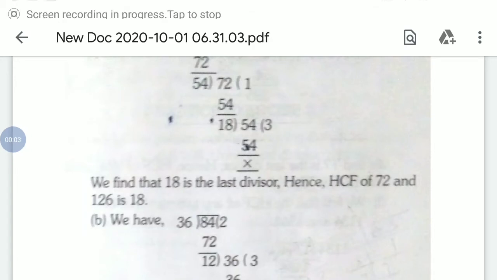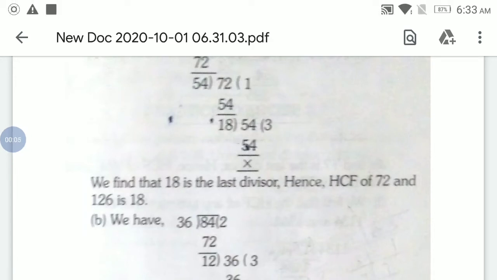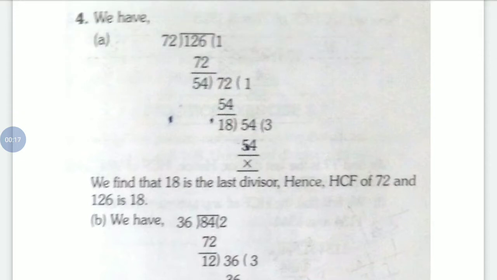Children, we have seen exercise 3.6. The first three questions we have done. Now we will do the fourth question. In the fourth question, it is asked, use the division method to find the HCF of the following numbers. So, first number is